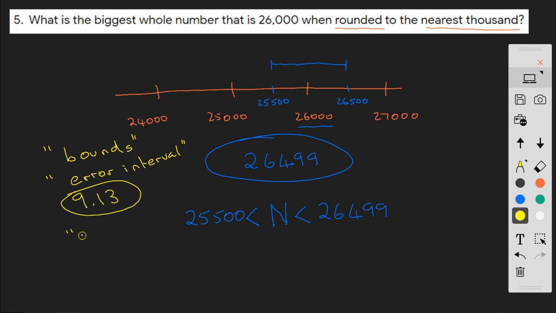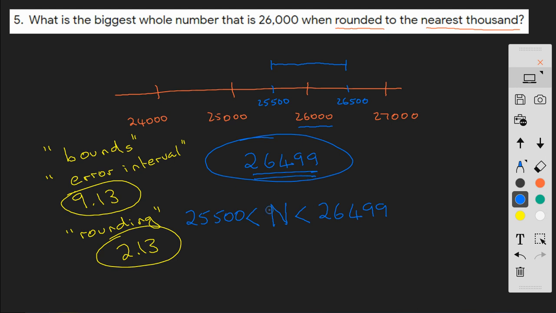If you want to go back and just remind yourself about your rounding rules and how to do that, then go and have a look at nugget 2.13. Okay, but the answer to our question here is